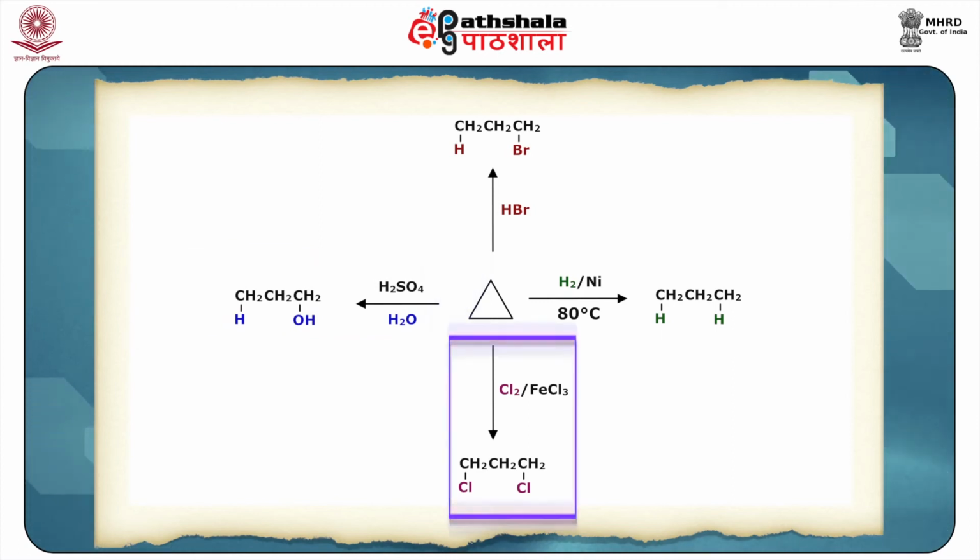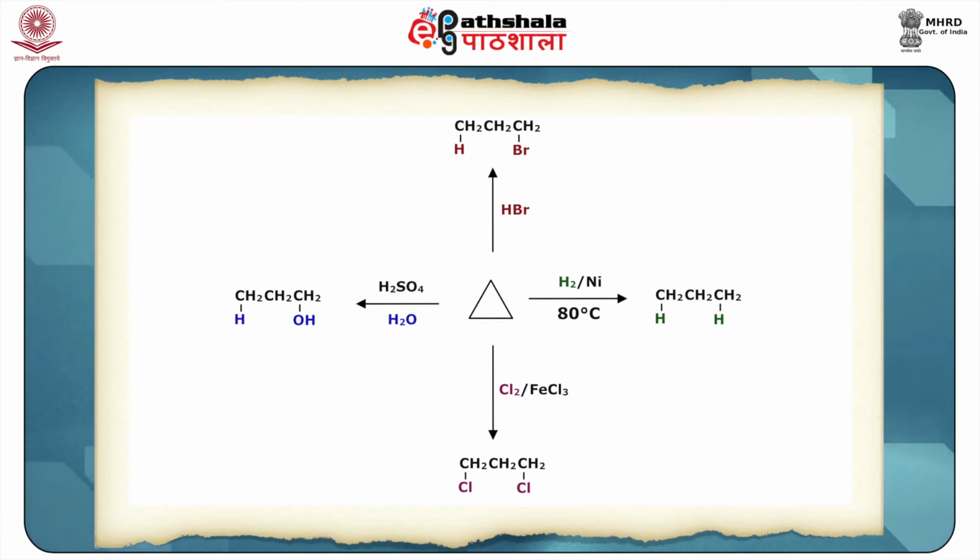And if you do the reaction with chlorine, FeCl3, then there will be formation of 1,3-dichloro, or if you do the reaction with bromine, FeBr3 or a similar Lewis acid, then there will be formation of the 1,3-dibromo addition product, that is 1,3-dibromopropane. Now in each of these reactions, a C-C bond is broken leading to ring fission, and the atoms of the reagent attach at the two terminals of the resulting propane chain.